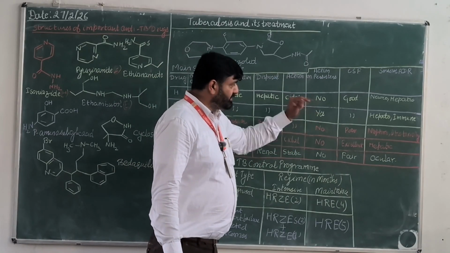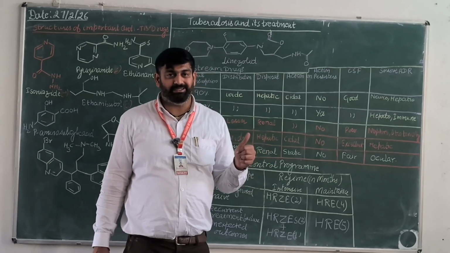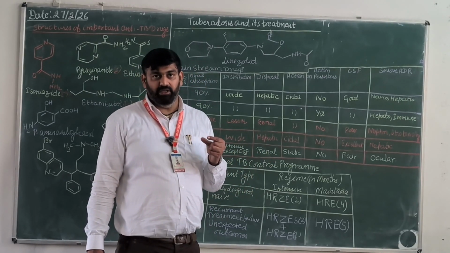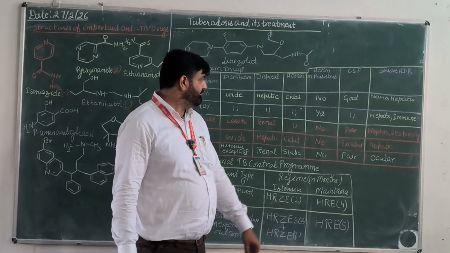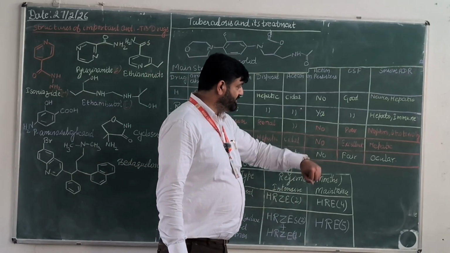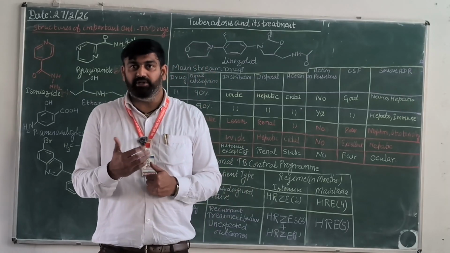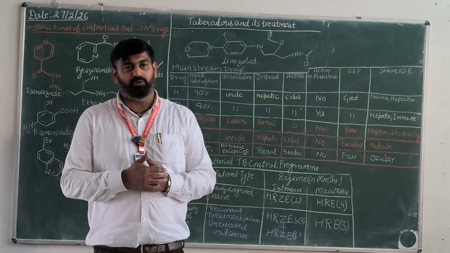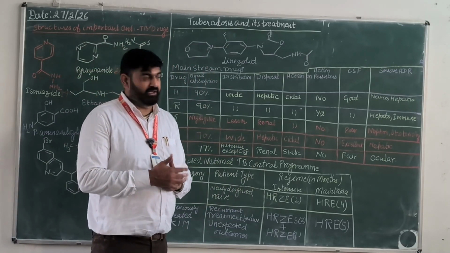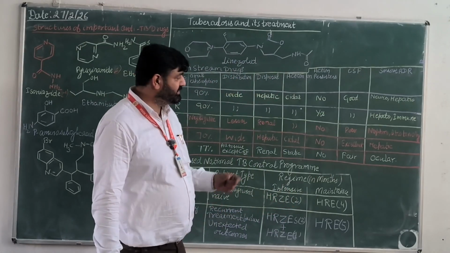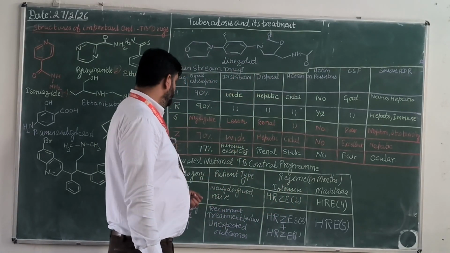Action on persisters, yes, this is one of the most effective drugs to kill those bacteria which are not dividing. It has very good CNS penetration, so it is one of the drugs of choice for tubercular meningitis. Hepatic and immune system dysfunction is the major serious ADR associated with